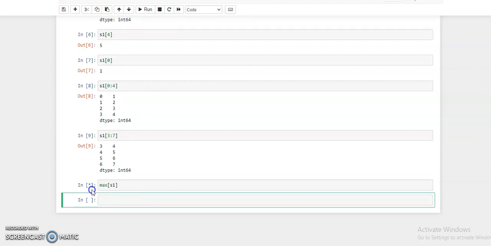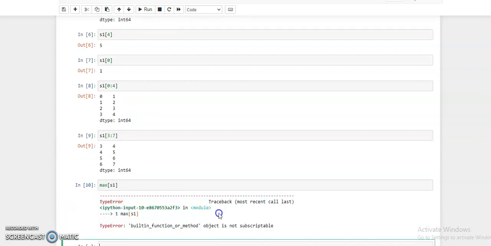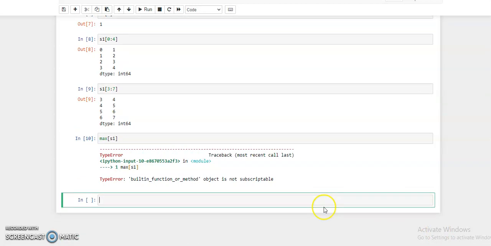It is under process. It is giving an error. The error says the object is not subscriptable.